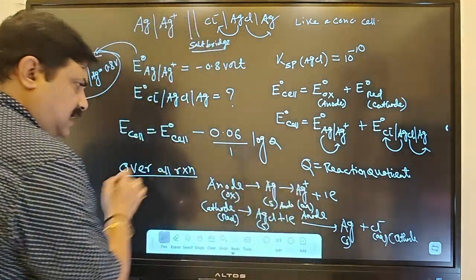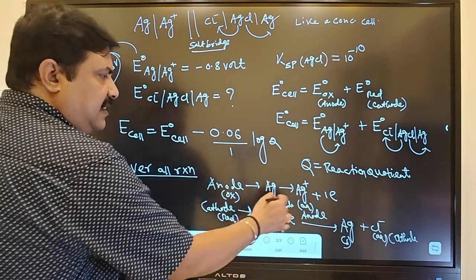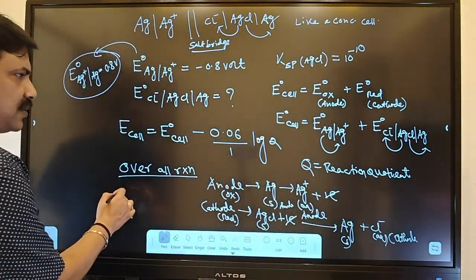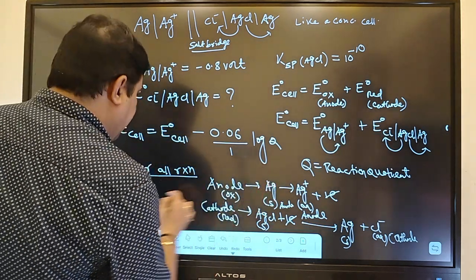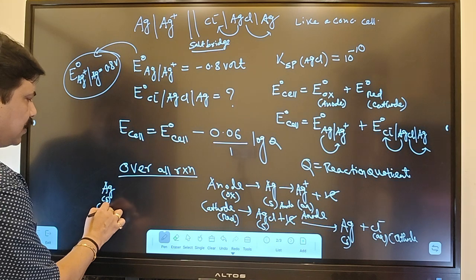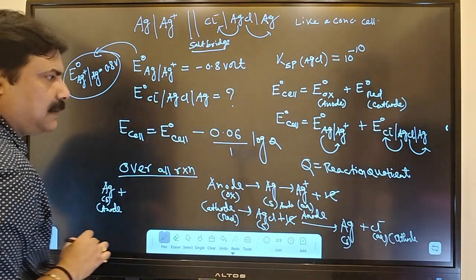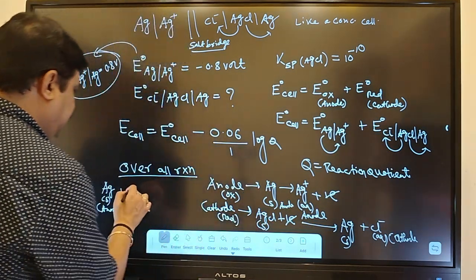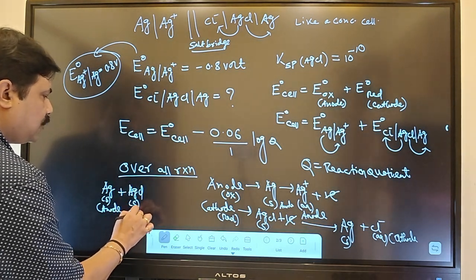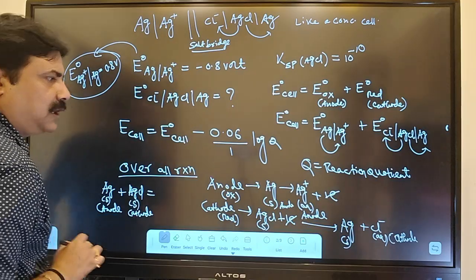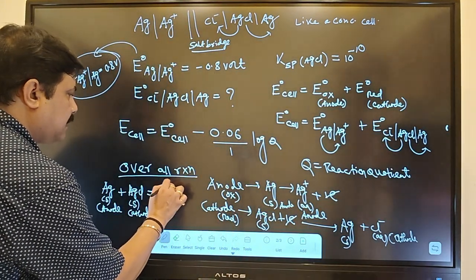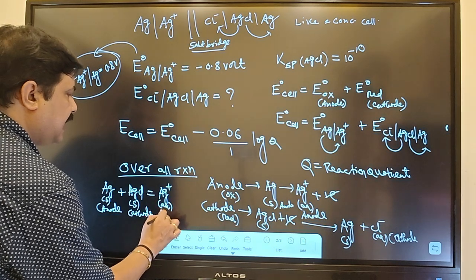Then the overall reaction, if I write down by adding these two equations, the one electron cancels out. So overall, Ag solid, which is at the anode, plus AgCl solid, which is at the cathode, equals Ag plus aqueous, which is at the anode,